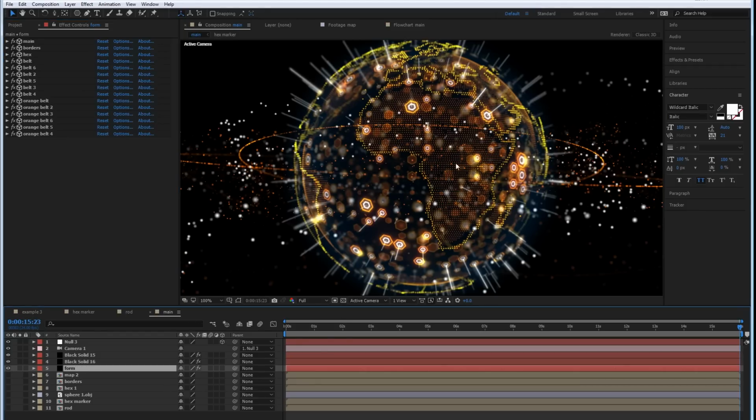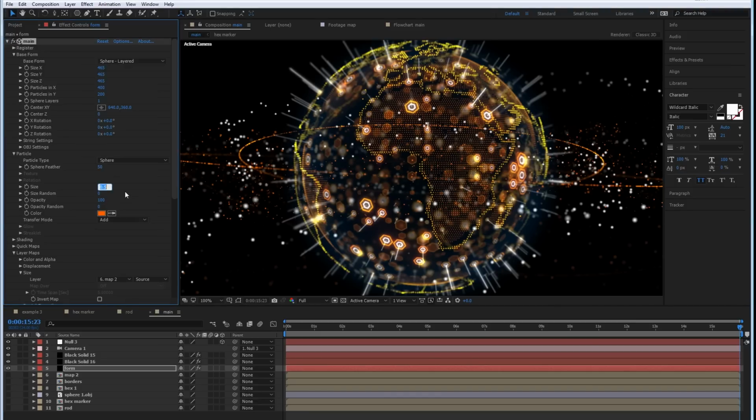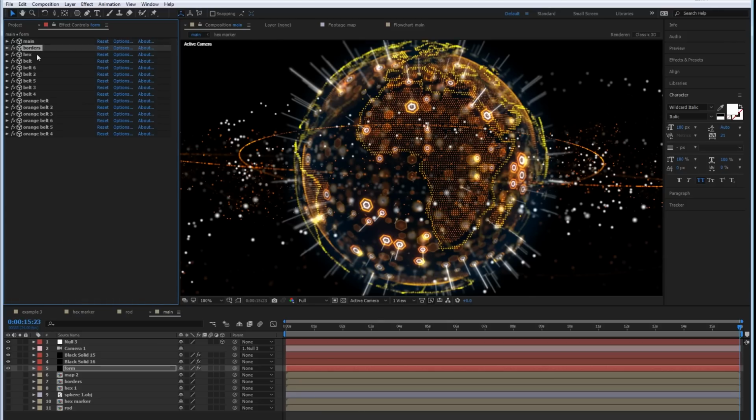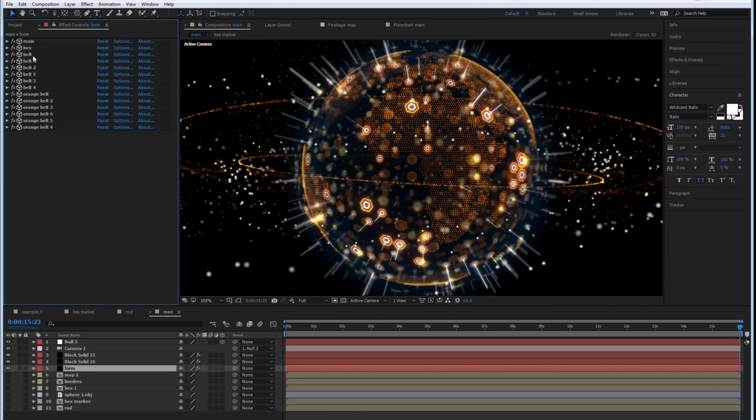And in this case, I think my world map might be too faint. So maybe go to the size and bring it back up to 1 again, but maybe play with the size random and see what we can do with that, just to create something that looks a bit more varied. Maybe 0.75 for the size, something like that. And I think I'm going to put the border on its own layer as well. So just cut this away